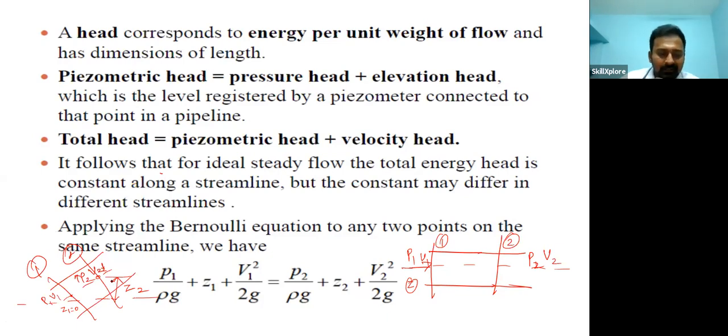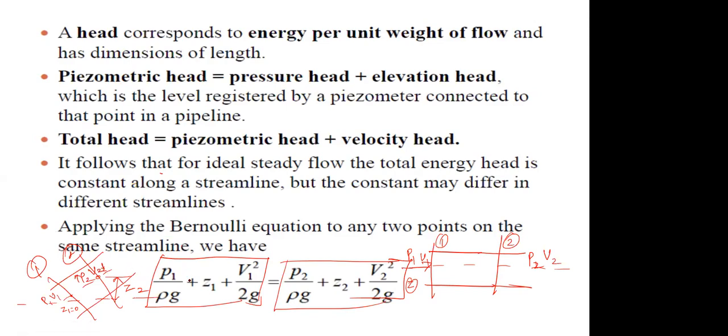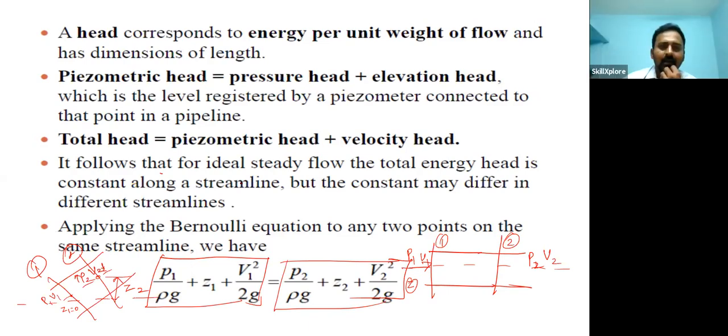Okay, so this elevation will give the increase of pressure. If you calculate the energy at these 2 points, then it will be equal. So the thing is that is given here. Okay, next thing is piezometric head, which is called the pressure head. So piezometric head is the calculated head, which is the pressure head plus elevation head. So these two.